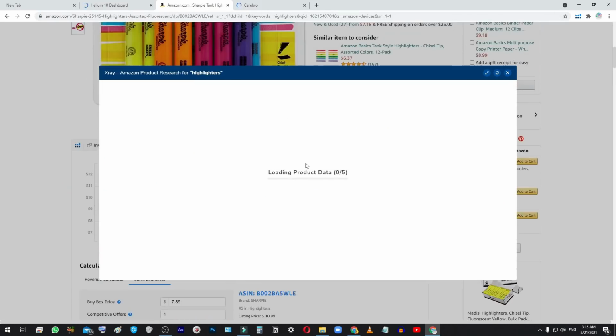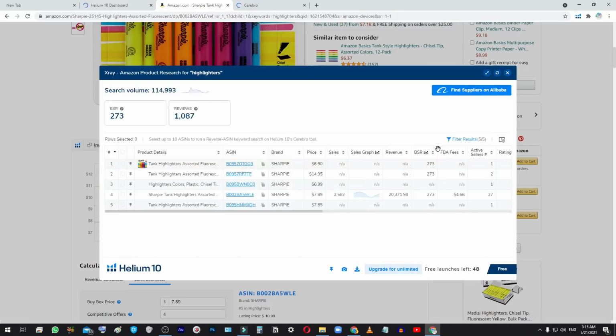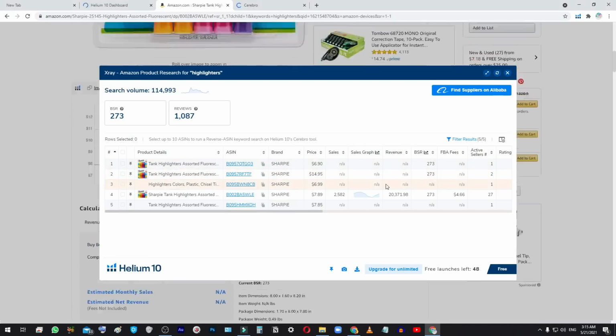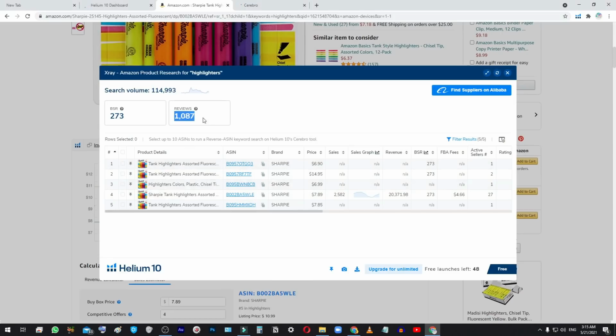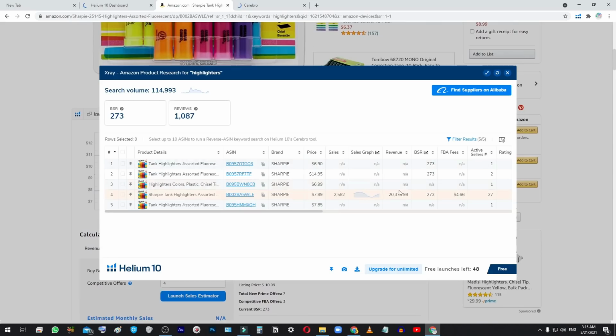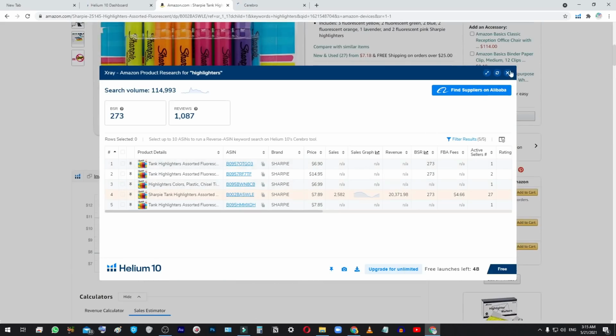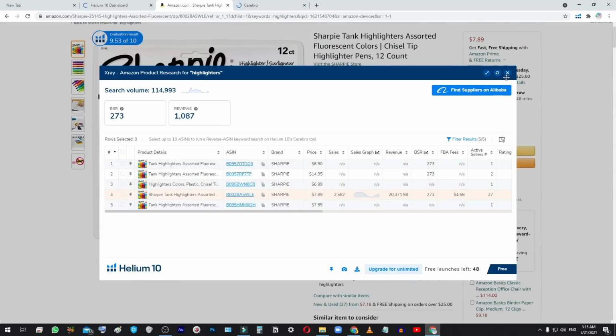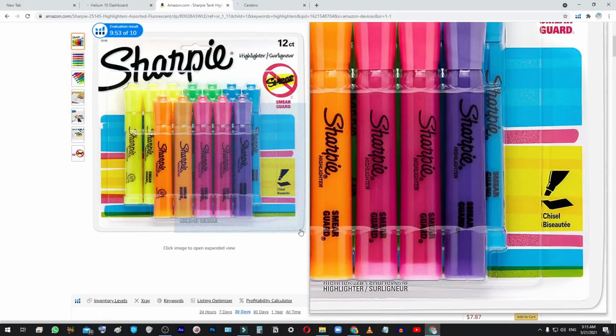Another thing you are gonna want to look out for: you are not gonna want to sell products that are in direct competition with what are already very big brands, which is what we are looking at here. So just on that alone, I would say skip past this and continue on to do more product research. This one is not going to work for you, simply because the other brands that you would be competing against are very big brands here.